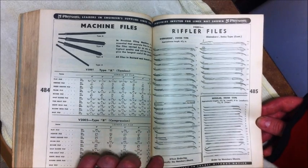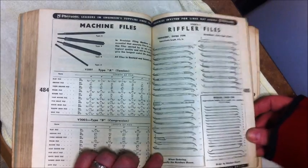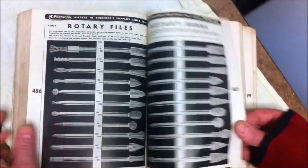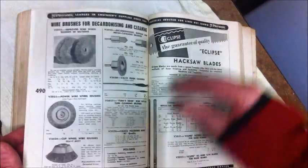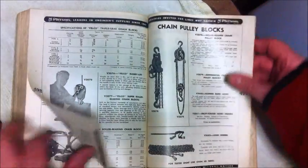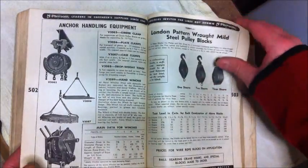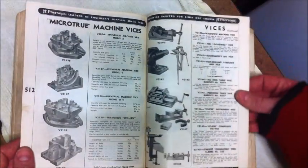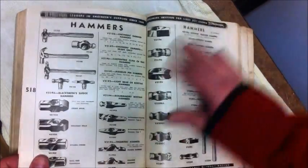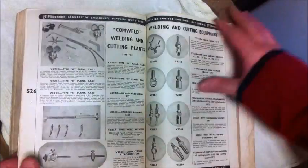But rifflers and die makers files, you used to be able to get a huge selection, and you still can out of Switzerland, but they're really expensive. Rotary files, hacksaw blades, chain blocks, boat winches, pulley blocks, machine vices, surface and angle plates, hammers, blacksmith vices,